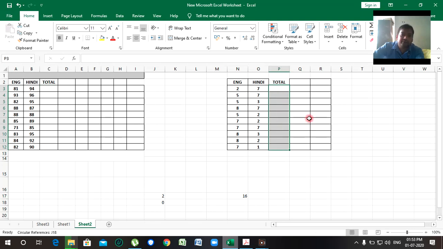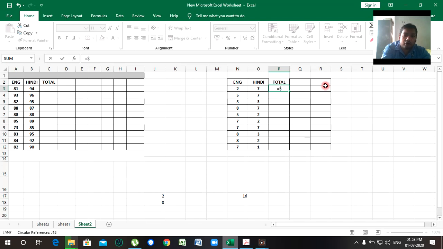For example, see here, type the equal sign, then the dollar symbol, $N$3, plus again $O$3, and press enter.